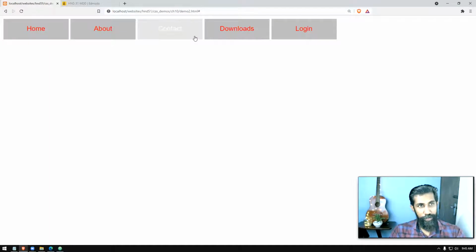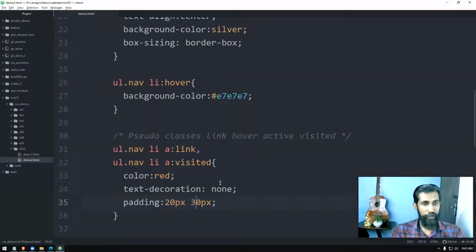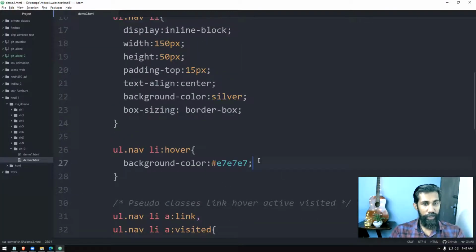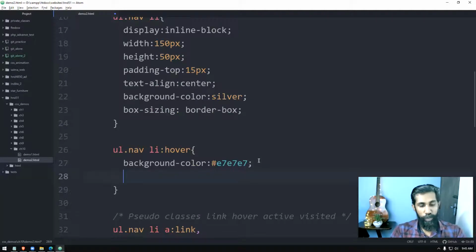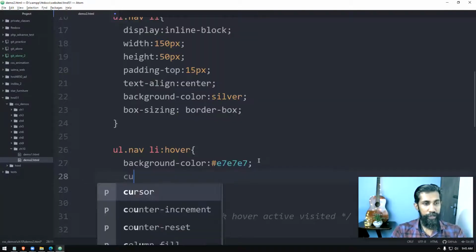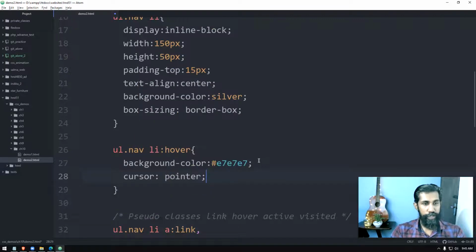Okay, so if you want to avoid the mouse pointer turning like this here also, and it should turn to a pointer only once it comes over here, then over the list item part, you can set cursor to pointer.